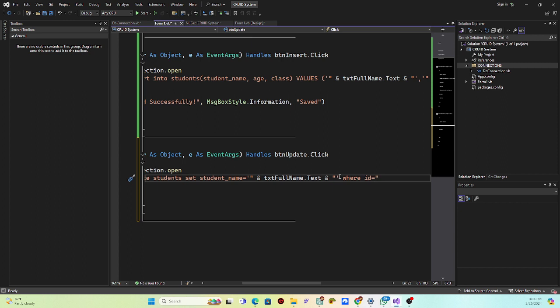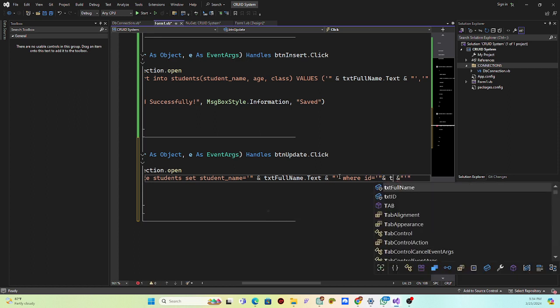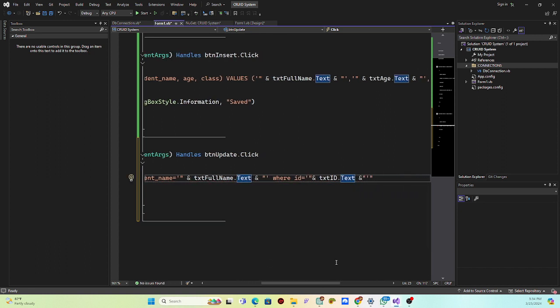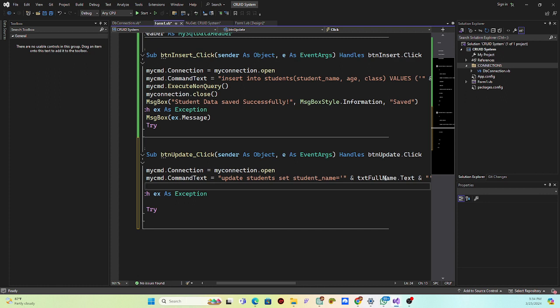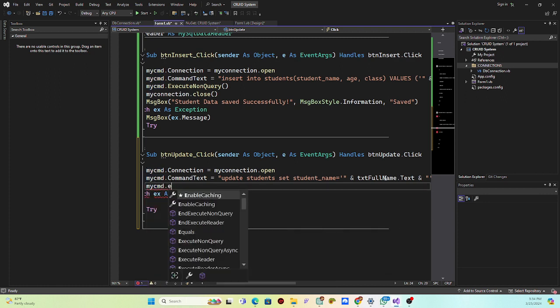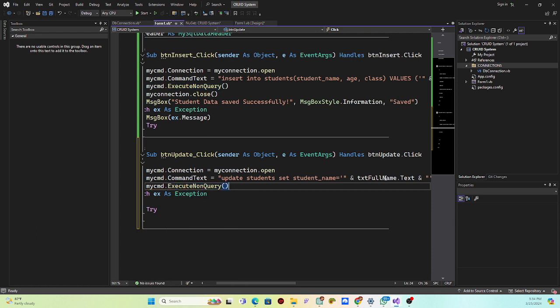You understand? So we will base on the ID to define the exact ID we need. And remember, we have an ID which we will be using. So it's going to be the txt id dot text. That is what we will be specifying out with. Now after we are done with this, we're just going to say my cmd dot execute non-query, and after we